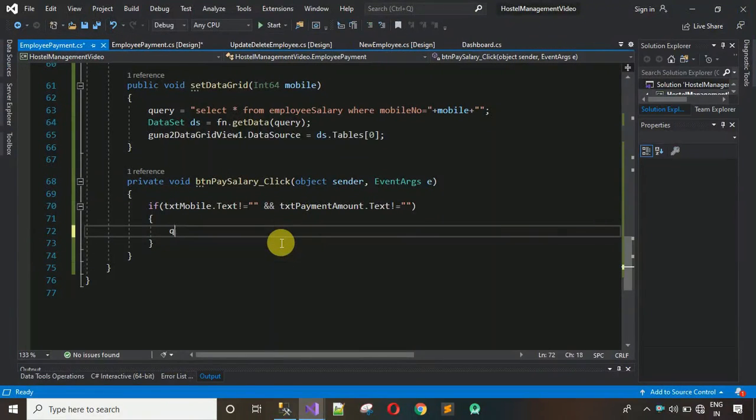First thing, I have to write a query. What query do I have to write? Let me just explain. I have to write select star from employee salary, where mobile number, with the S capital, is equal to double quotes plus double quotes, and mobile number is txtMobile.Text,